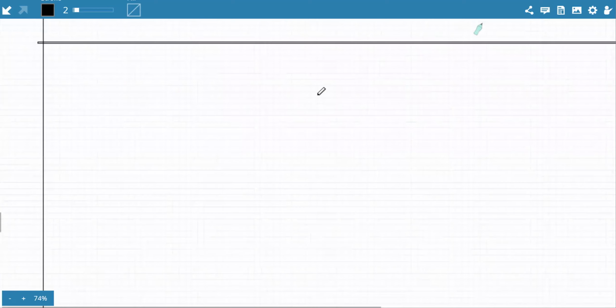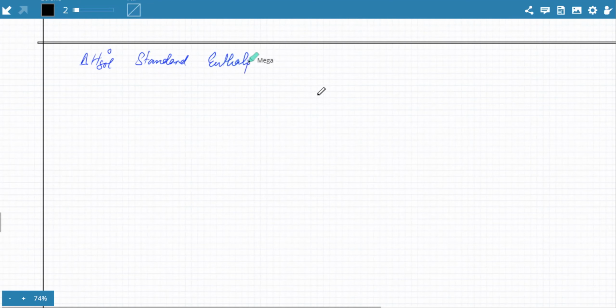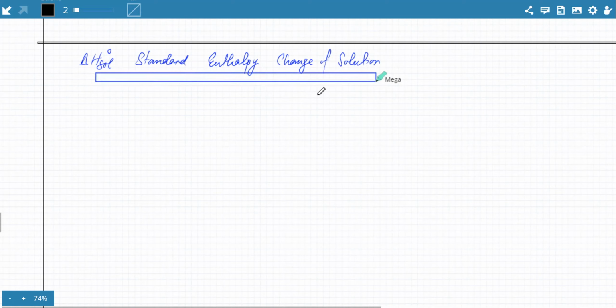Anyways, the next one. Let's talk about the standard enthalpy change of solution. Now, in this, what would happen is that basically you're going to dissolve 1 mole of any substance, 1 mole of solute,